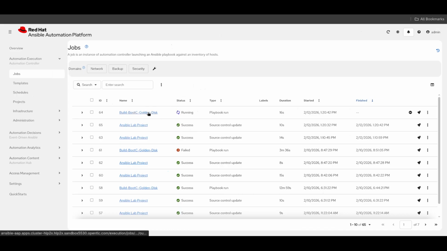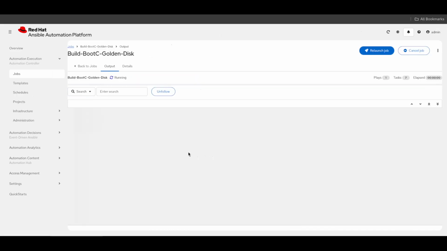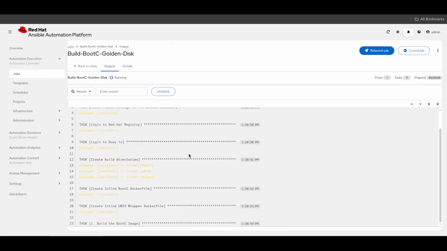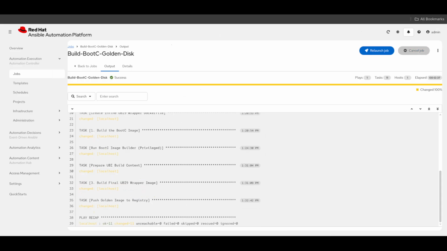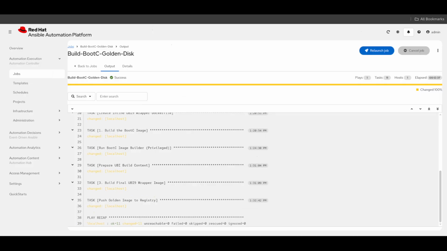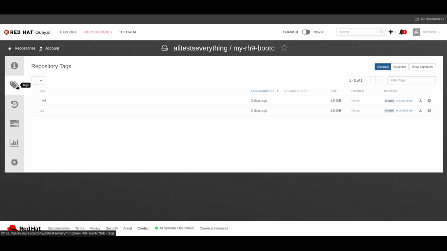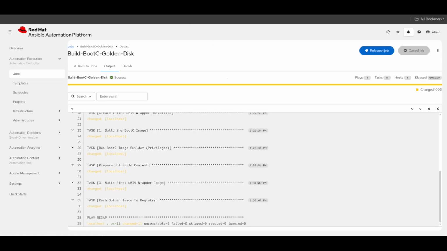Okay, so the playbook has been triggered, and it's going to build a bootc image and push it to the image registry. Okay, so the Ansible job finished running, and it has pushed the image that we just created onto the image registry. So now I'm going back to my Developer Hub,